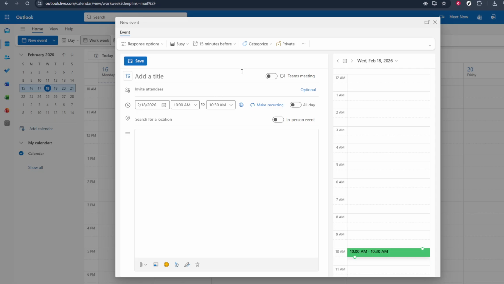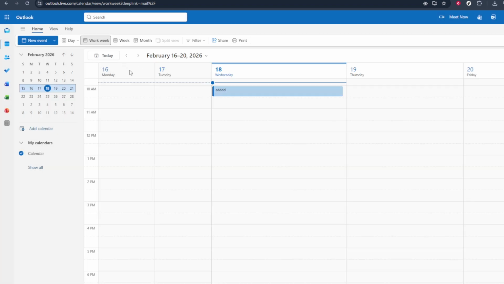If it doesn't, look for an option inside this window that says Add Online Meeting or Teams Meeting, and make sure it's turned on. Now it's time to type in the details of your meeting. Start with the event title at the top. Choose something clear and descriptive like Weekly Project Check-in or Client Presentation so that everyone immediately understands the purpose of